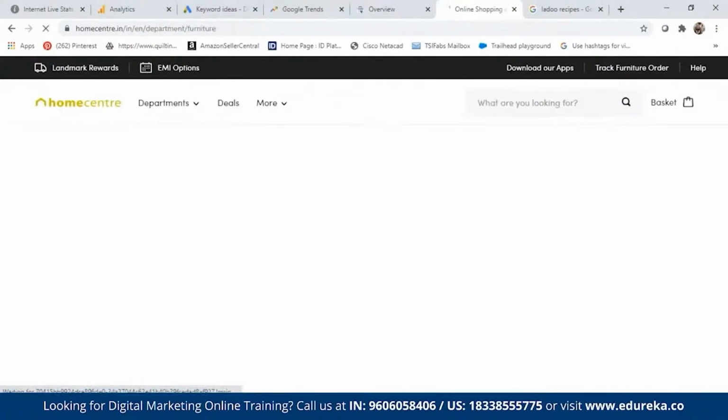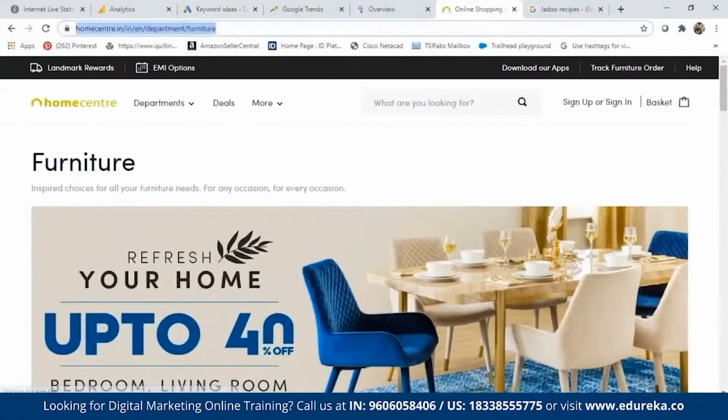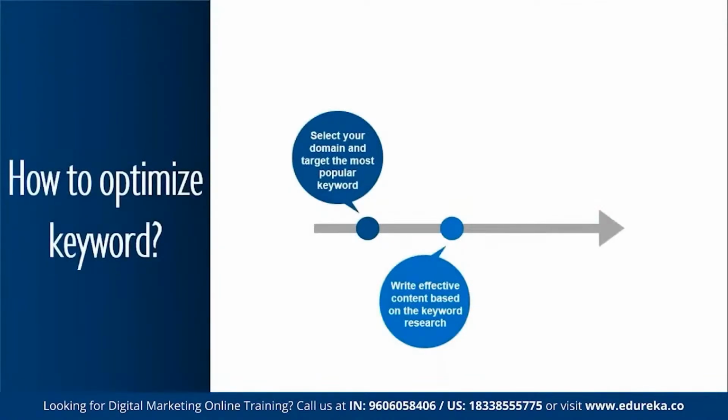Write effective content based on keyword research. Now there are tools like Google Keyword Planner, which helps to identify keywords based on actual search stats. Let's assume that I'm writing an article on home decor, probably for users, and I'm going to write about living room decor. So I'm a bit confused as to what words I need to use. Should I use something like wall art or should I use paintings? So what I'm going to do now is use Google's Keyword Planner and decide on what to use.